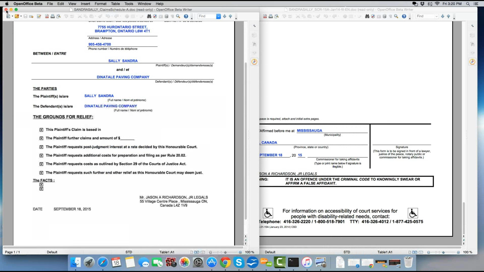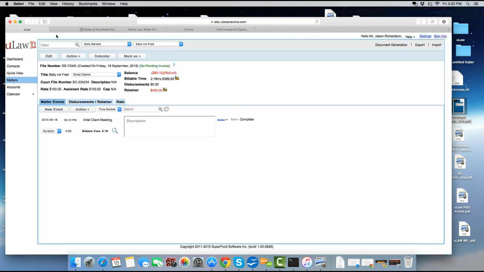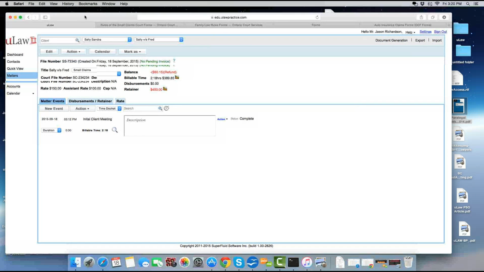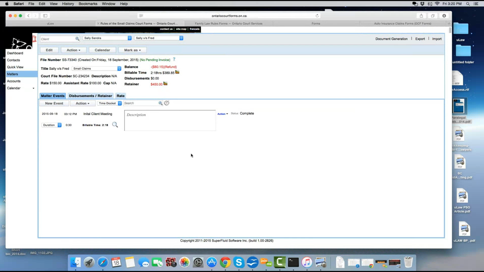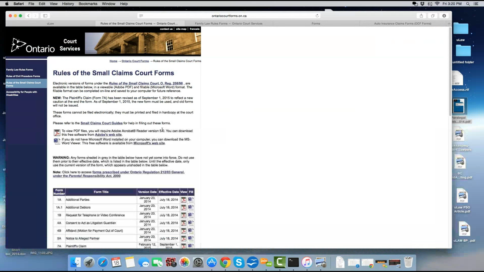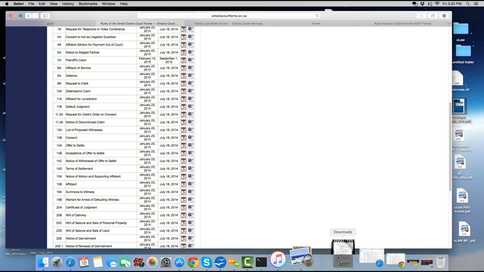Now let's move on to another type of form, which is the Landlord and Tenant Board. Before I do that, let me just show you how you would have done it if the software did not exist. Obviously, you would go to the small claims forms. These are all your forms. You can generate and download them in either Word or PDF. So you'd click on this, that would download it, then you would open it,